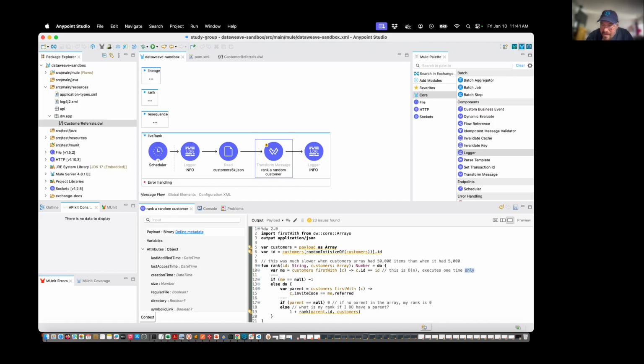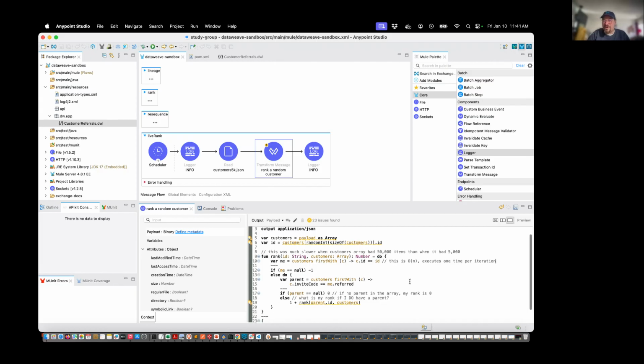So if the ID is already present, then don't call it again. I would love to do that. Yeah, we might be able to cache something and have a smaller lookup, right? And then for this one, we're going to have to, again, scan again for the parent, right? We've got to go find the parent of this guy, right? And then we're going to have to do that same activity